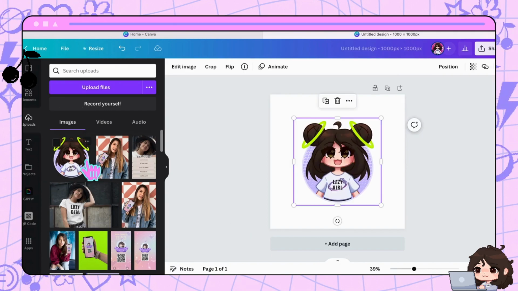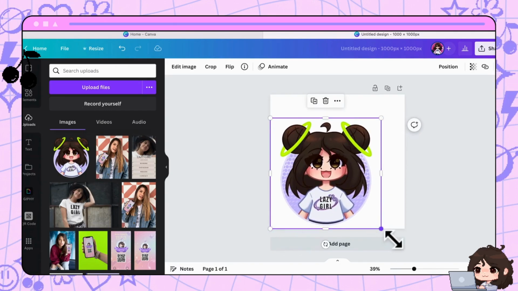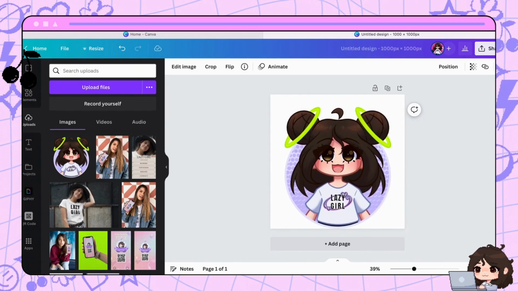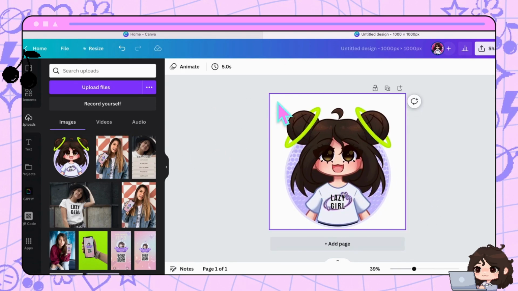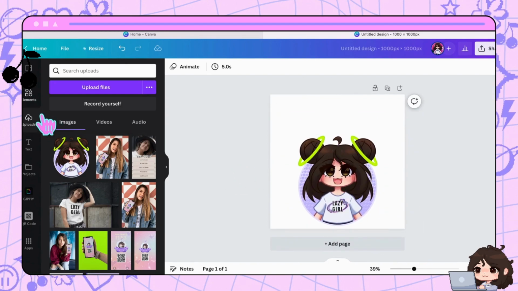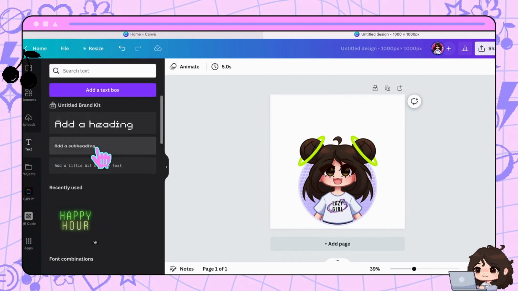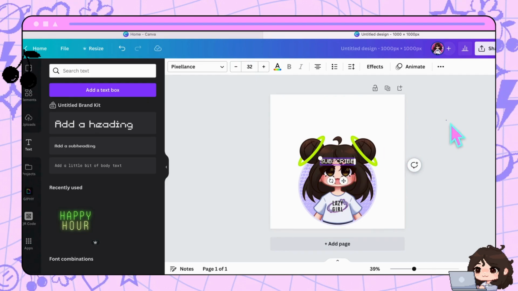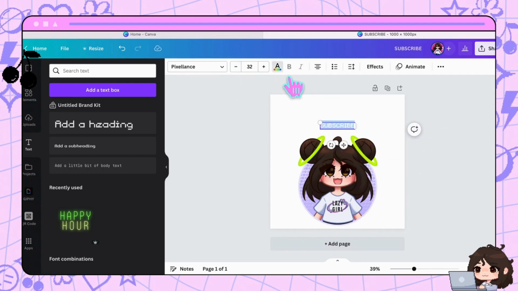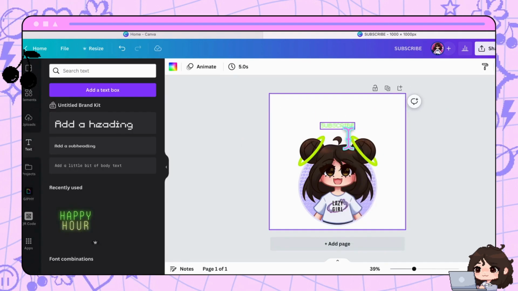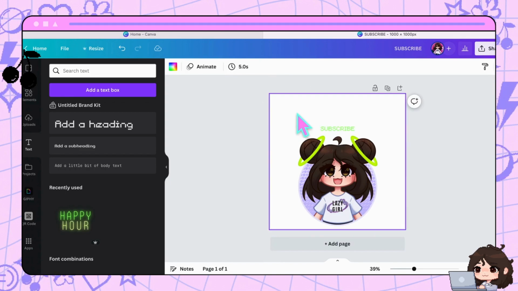So I made this little PNG in a previous video. It was in my How to Make a Biolink website video, and I like it because my character is in a circle, but the space buttons are still popping out of that image, so it just looks a little bit more dynamic. So what I want to do here is just make a little GIF, and I want to say subscribe, and then at the bottom, at Lazy Girl Digital,